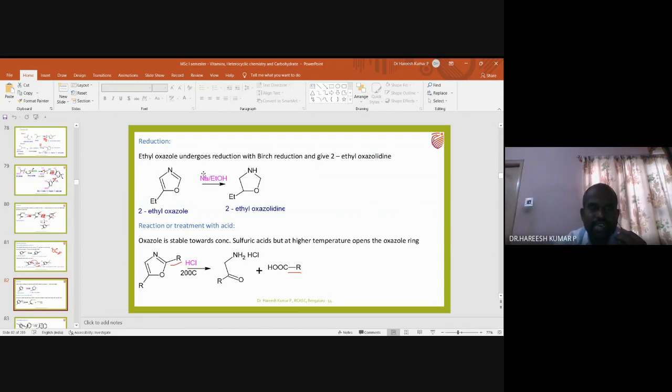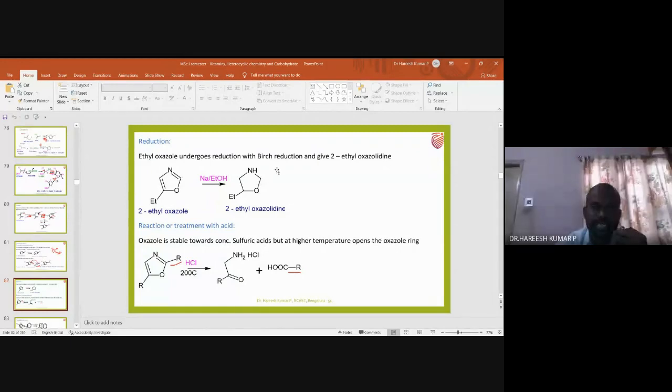Sodium, after giving, will give one electron to this position, and this double bond, this bond pair, means bonded 2 electron will sit on this nitrogen. Then this 2 electron can pick up a proton from the ethanol and convert it into NH. Now 1 electron is here. Again, sodium is giving one more electron, and sodium after giving becomes Na plus. Once the 2 electron is obtained, that 2 electron picks up a proton from ethanol, giving rise to